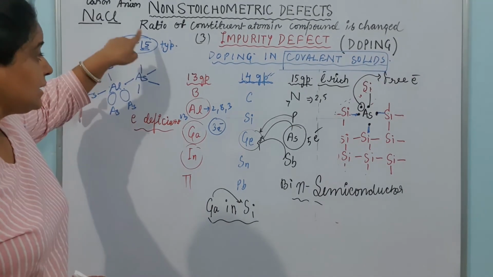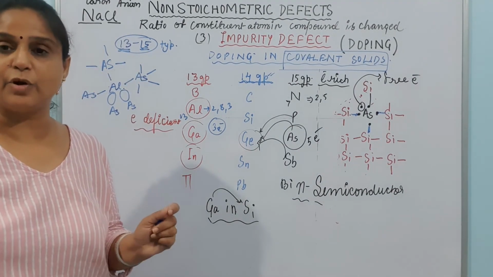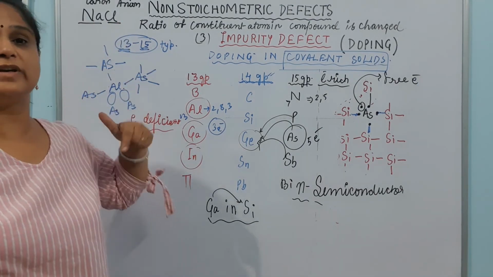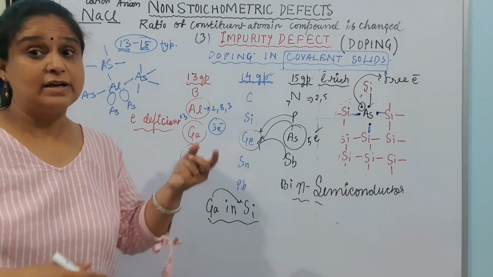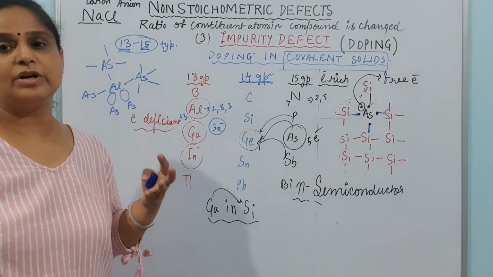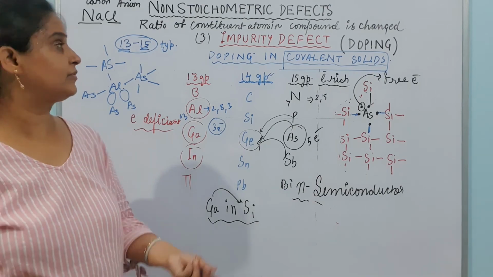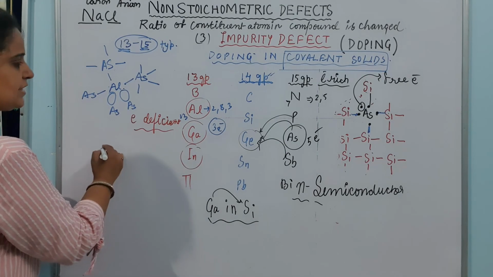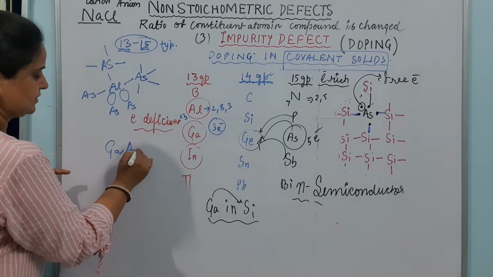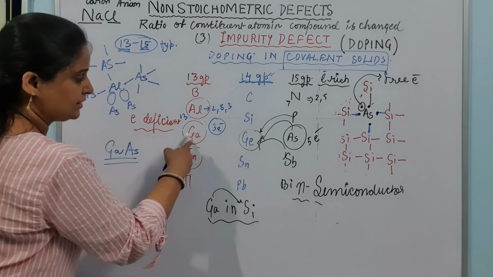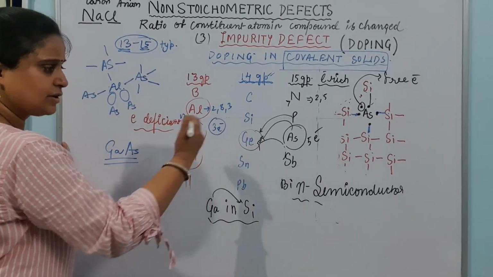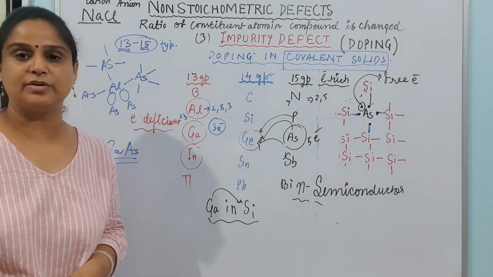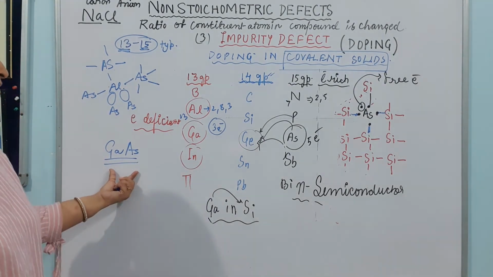So if you are doping 13 in 15 there will be a semiconductor formed called p type of semiconductor. In case आप 13 में 15 डालेंगे तो you will get n type of semiconductor, क्योंकि अब इसमें ज़्यादा हो जाएगा। तो depending on what you are adding, so if you are asked to give the example of 13-15 type of compound, तो आप 13 और 15 का कॉम्बिनेशन बना दीजिए। You can give the example like gallium arsenide, GaAs, GaAs 13-15 compound, this is the example. अब किसने कौन सा डाला है that will decide कि whether it will be a p type of semiconductor और it will be n kind of semiconductor, n type of semiconductor। जैसे GaAs ये 13-15 compound।